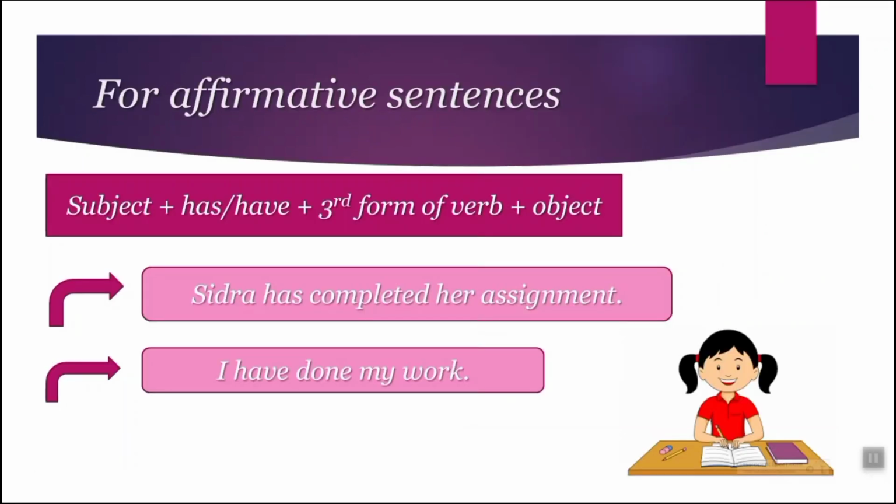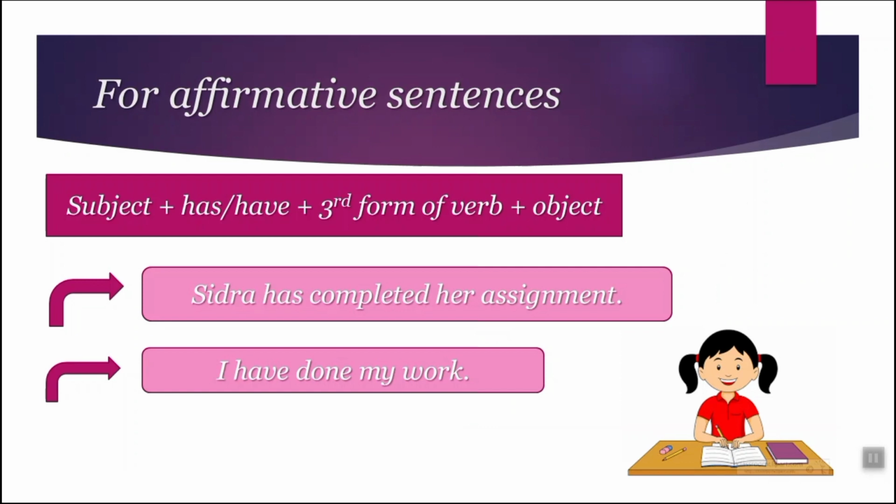The general structure of a present perfect sentence is as follows: subject plus have or has plus past participle verb plus object. In the sentence Sidra has completed her assignment, the subject is Sidra, the auxiliary verb has is the present tense form of have, and completed is the past participle form of the verb complete. This sentence indicates that Sidra finished her assignment at some point before now, and it emphasizes the result or completion